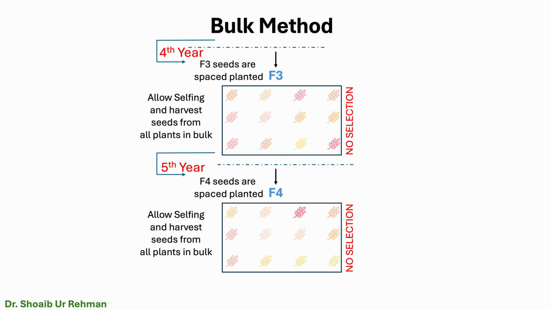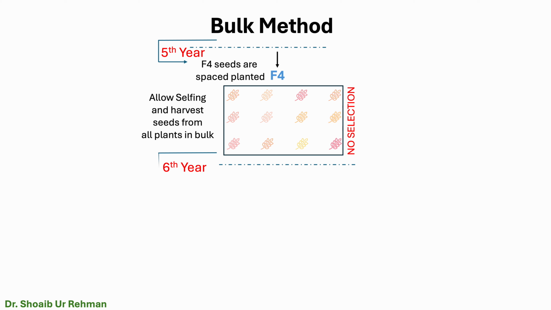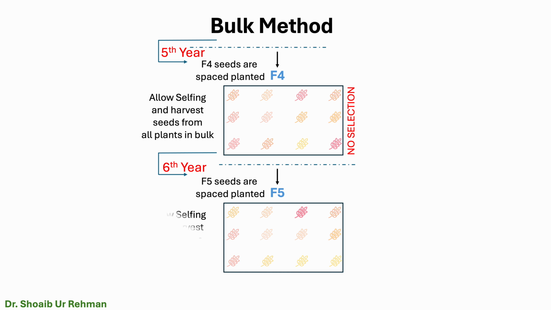Again, harvest all the seeds from the plants, and in the sixth year, you should plant the F5 generation. Again, you should not perform selection, but rather harvest all the seeds together and let them grow